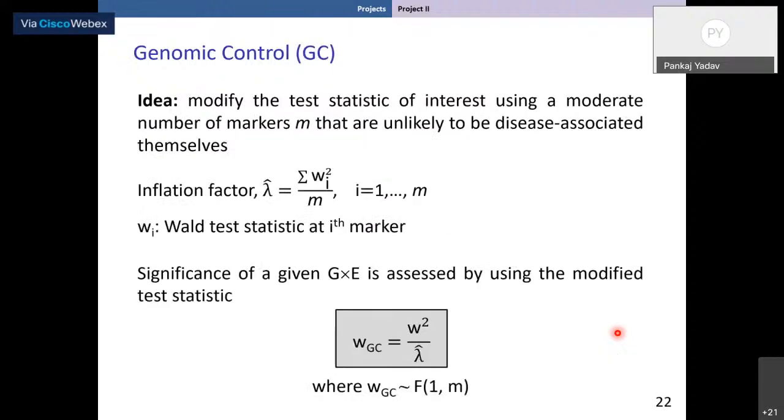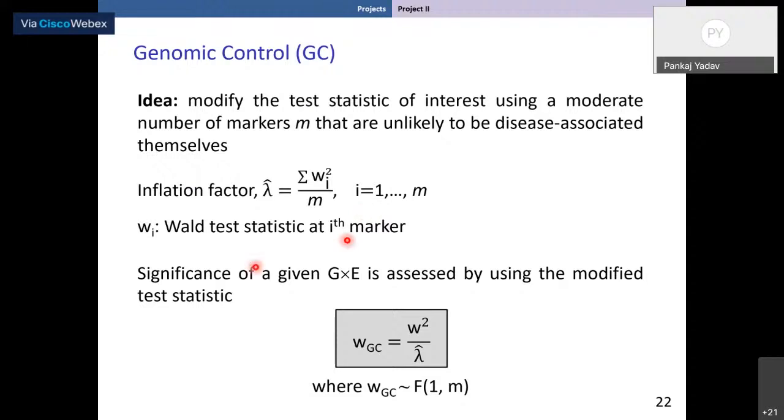So another approach is genomic control, where we use the idea of a modified test statistic using a moderate number of markers, let's say M markers, that are unlikely to be disease associated themselves. So here we need to have some prior knowledge that this region of the DNA has nothing to do with the disease of interest. If we have that kind of information, then we can use those genes or SNPs as markers, and we can estimate an inflation factor from those markers. This inflation factor is the sum of squares of the Wald test statistics of those markers, and then we take the mean of